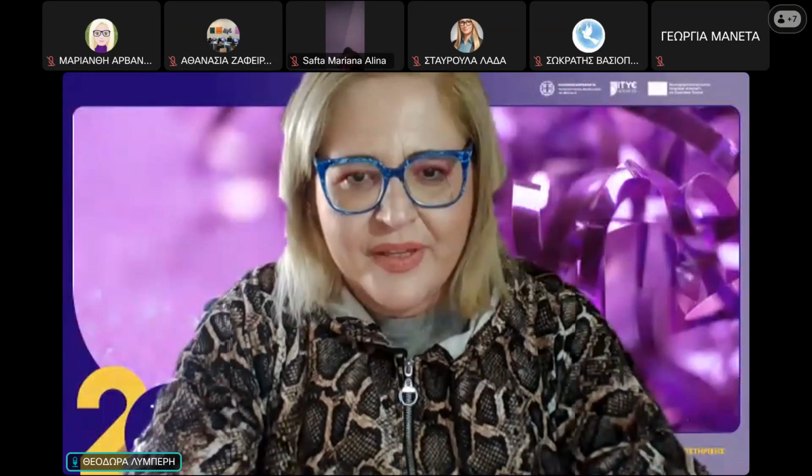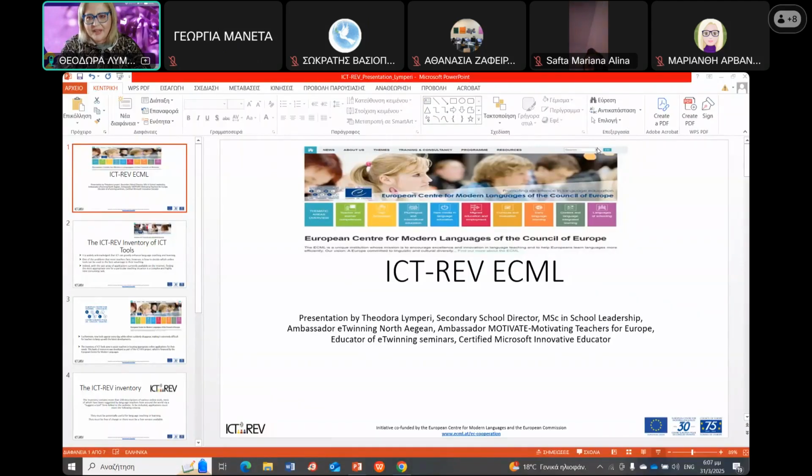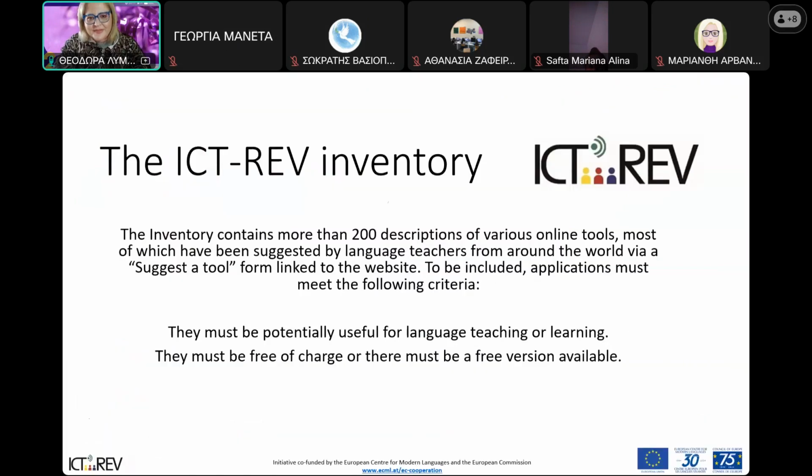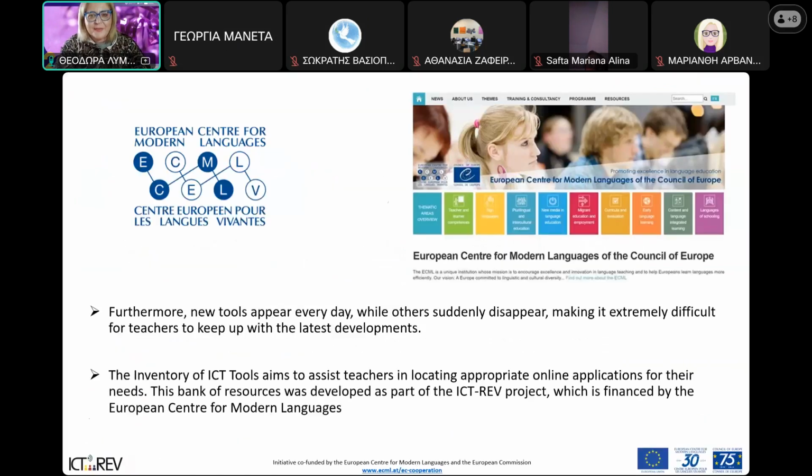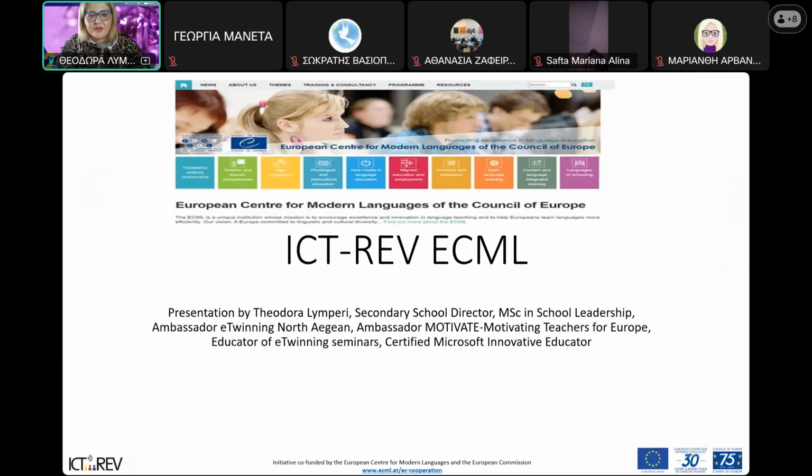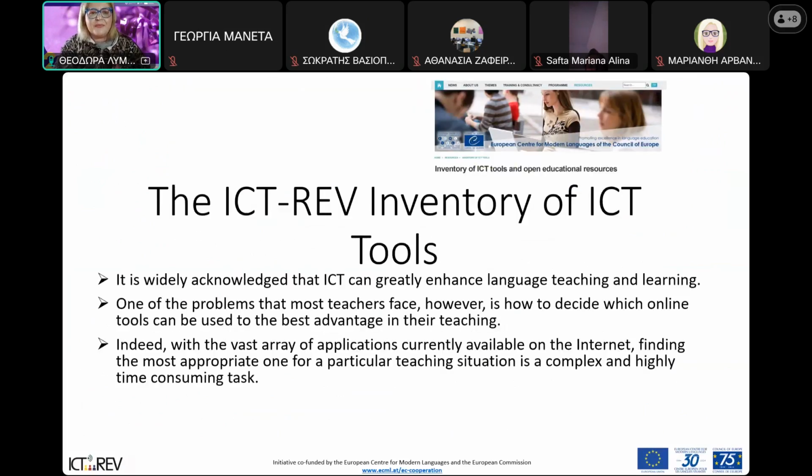Let's start from this. I think now it's visible. Yes, You can see this. Thank you, Georgia. So let's start from ICT-REV. And as regards this inventory, first of all,